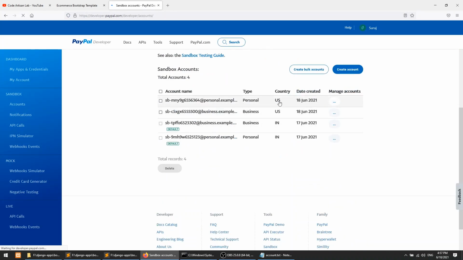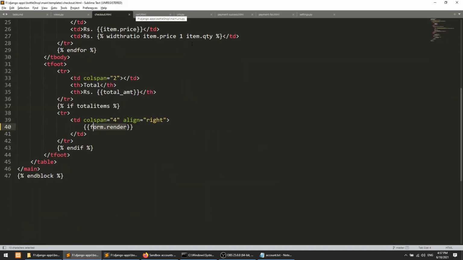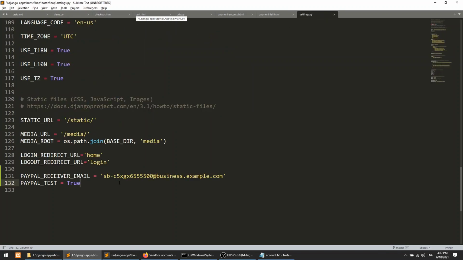So this is personal and this is business. From personal you will send the payment, and with the business you will receive the payment. If you remember, in the settings file I have added the business email here.